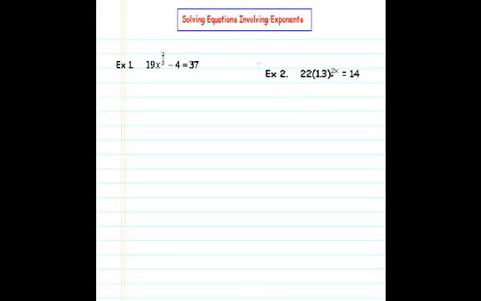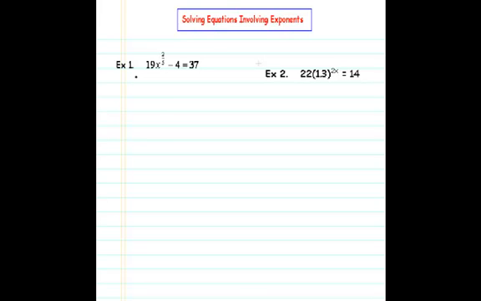Example 2, the variable that we're trying to find is in the exponent. That's called an exponential equation. So we're going to compare and contrast the different steps involved in solving each of these equations, beginning with this first one. The first thing that I notice when I'm trying to solve this equation is I want to isolate